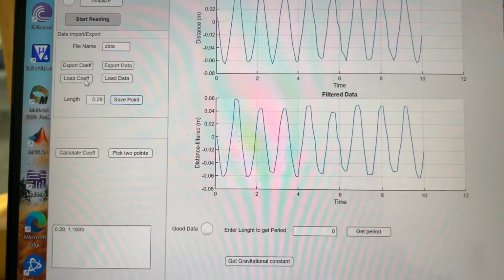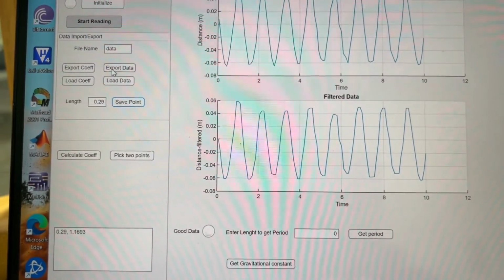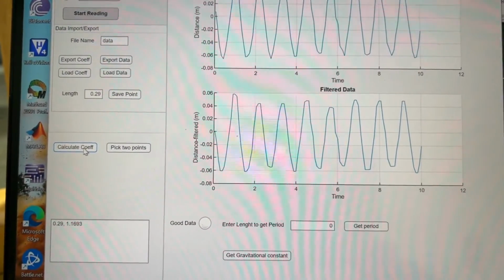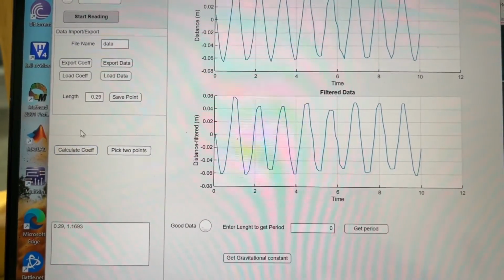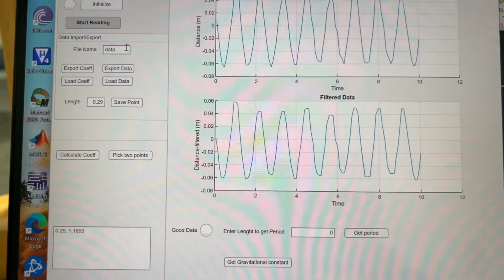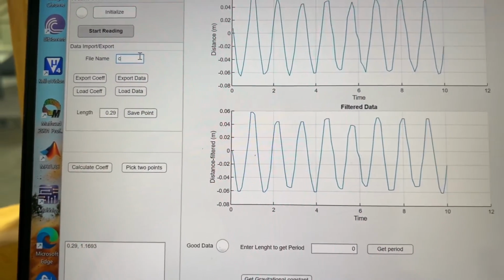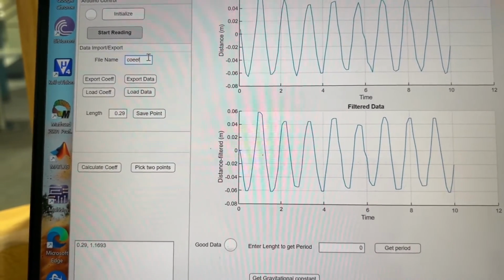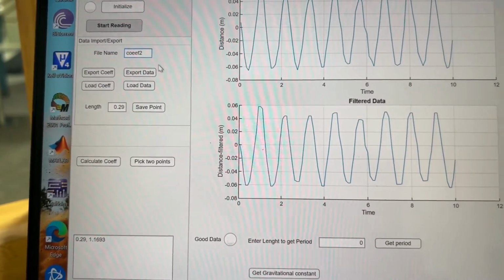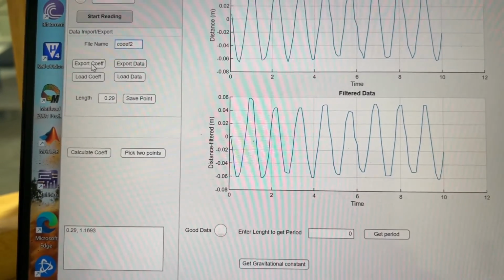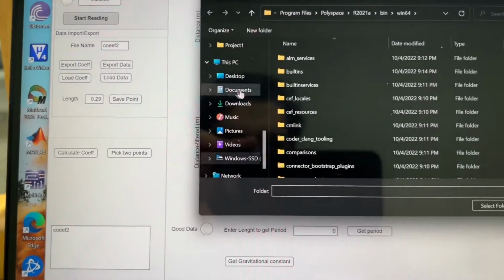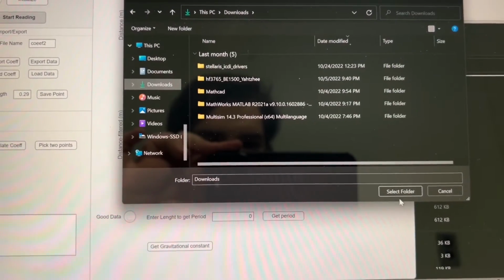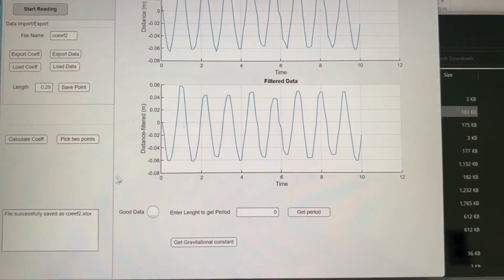Once again, it's saved. And then I can export the coefficients. I can calculate the coefficients first. So that's been calculated, and then I can export the coefficients with the name export. So that's been saved,